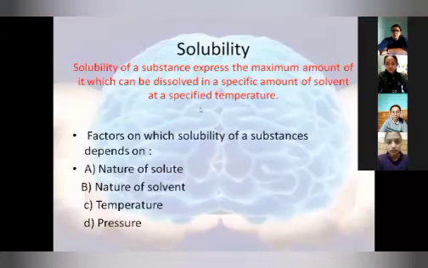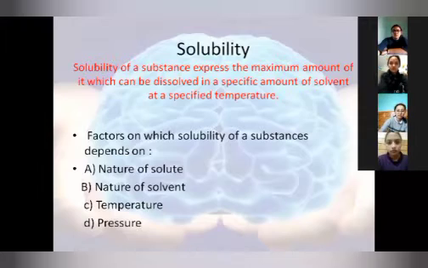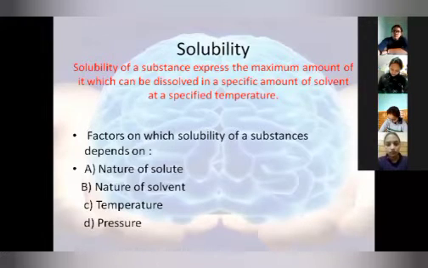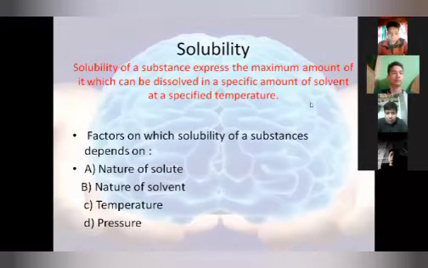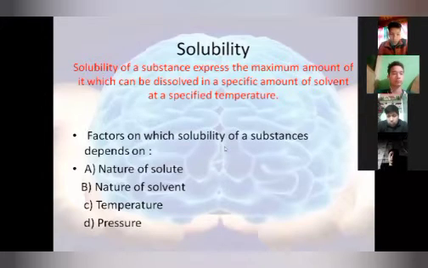Now the next topic is related to this, that is solubility. We have discussed the ways of expressing the concentration of solution. In simple words, it is the amount of solute that dissolves in the solvent, which gives us the property of the solution, because of which we come to know what the property of the solution is. That is called ways to express the concentration of solution. Is it clear, beta? Yes, sir. Next topic is solubility.